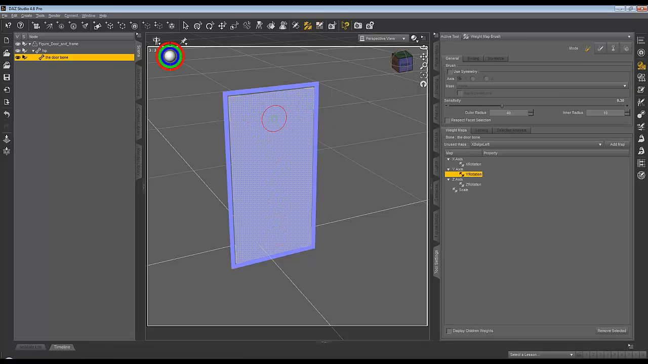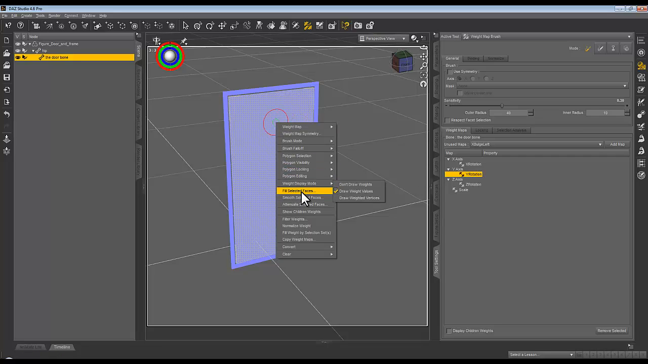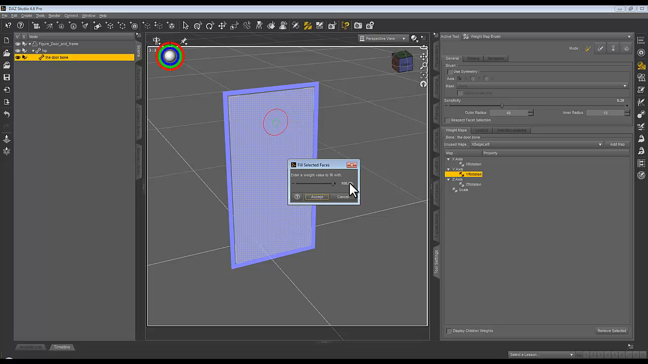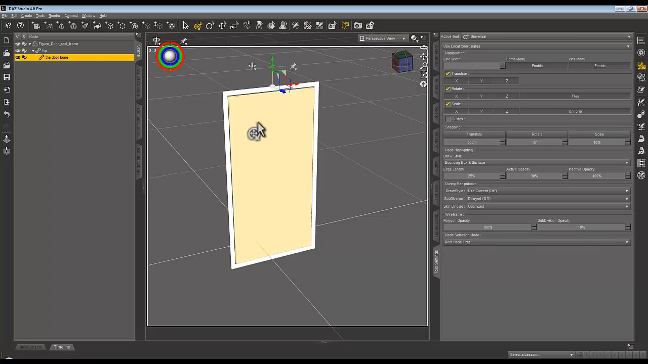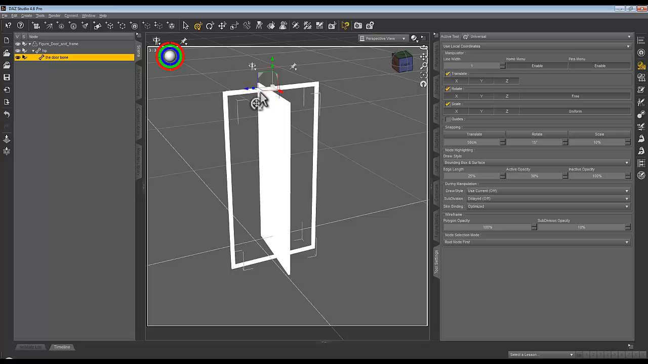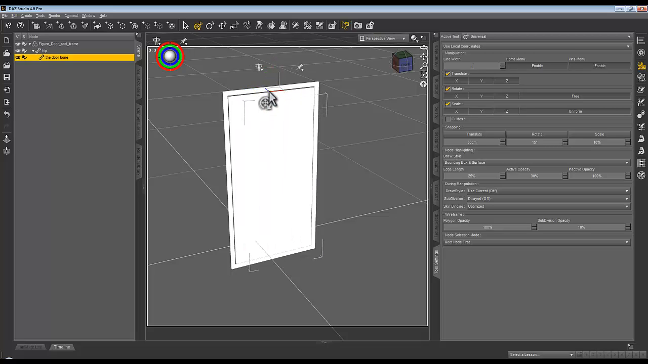You can see there's a little grid on it that shows it's selected, and the Y rotation is already selected. That's good because that's what I'm looking for. I right click on that and fill selected faces and have it filled with 100% weight, so that now turns red to indicate it's got all the weight. And then when I go to the universal tool here with the door bone selected, I now find I can rotate it like so, but you'll notice that when you adjust it, whoops,